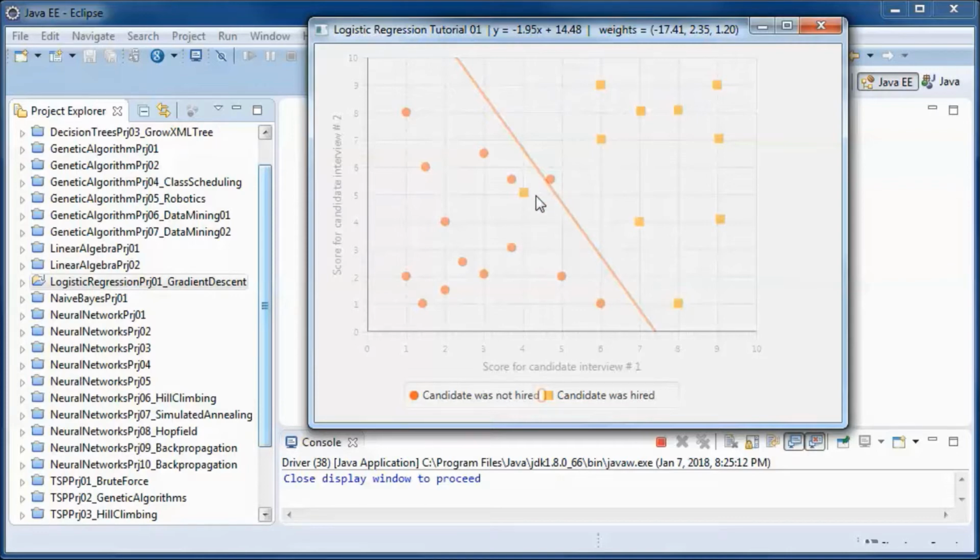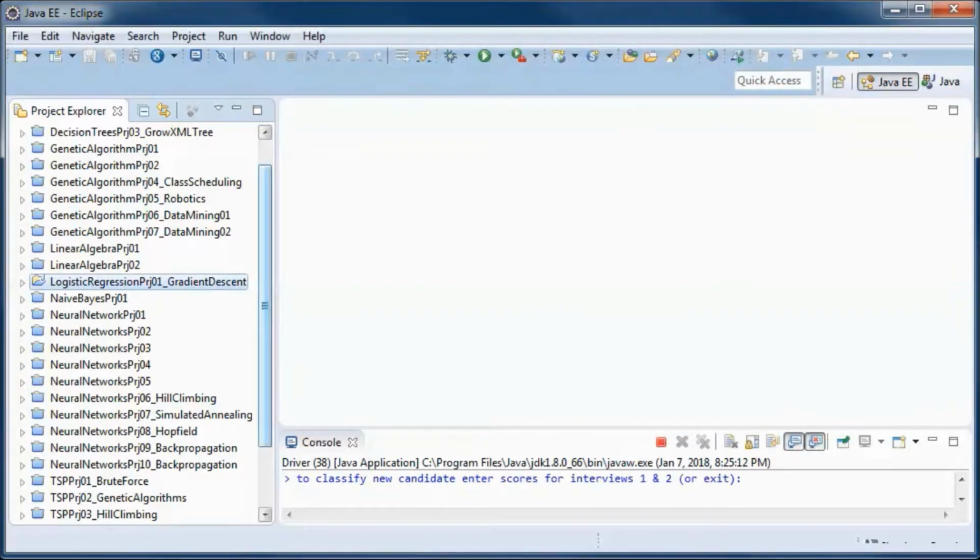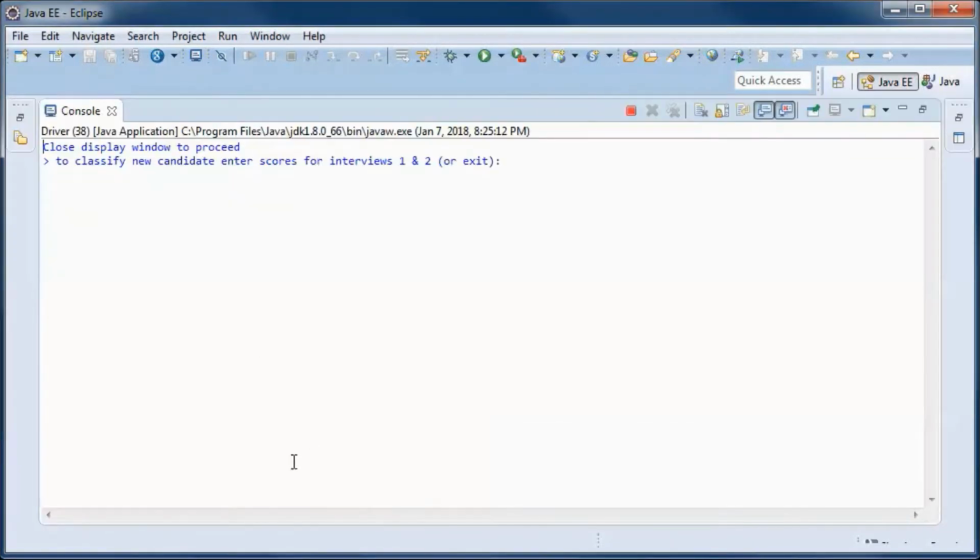Next, let's go ahead and classify some new candidates and predict based on their interview scores if they will be hired. So this is the score for this candidate on the first interview, and this is the score on the second interview.